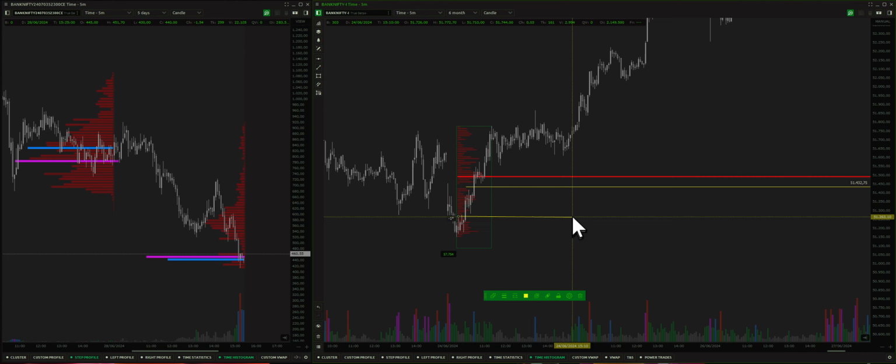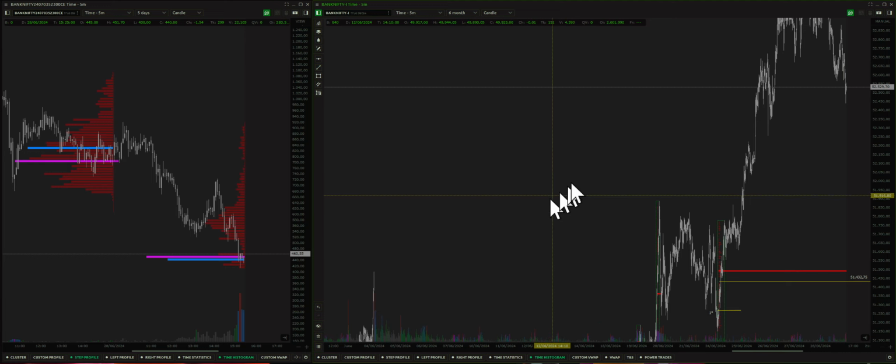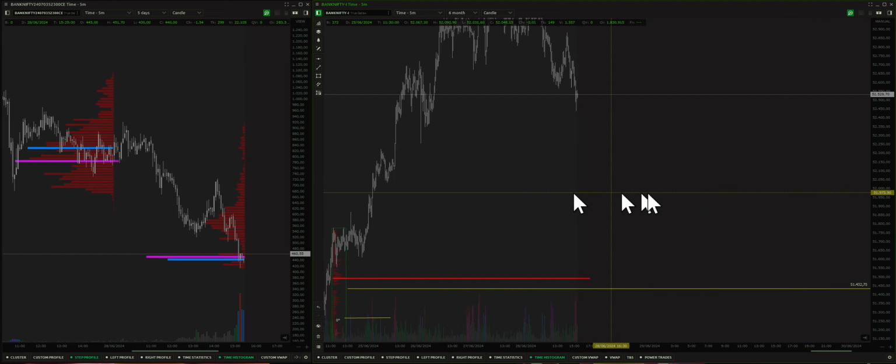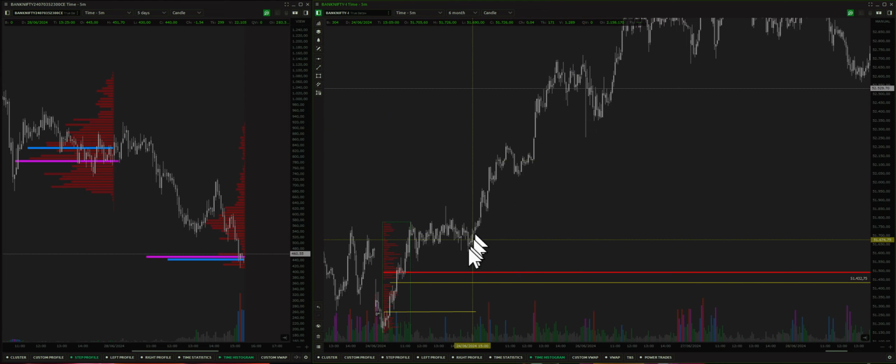Okay, so this would have been the stop loss, and I would have targeted the high of the day. Of course, it didn't move to that point, and it went to the other side. Okay, so now let's go ahead and draw another range, so that we can find where we can enter